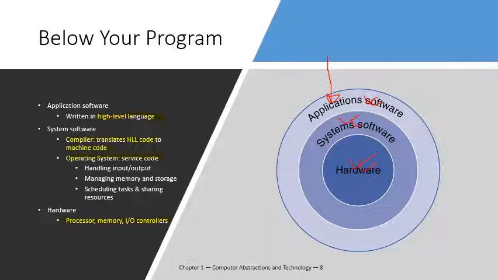And then we have hardware with the processor that has a specific architecture, the memory, which has a specific setup, for example the hierarchical memory, and the controllers that are used to deal with the inputs and outputs. So these are the three major components that are below our program, and each has its own specific implementation and usage.